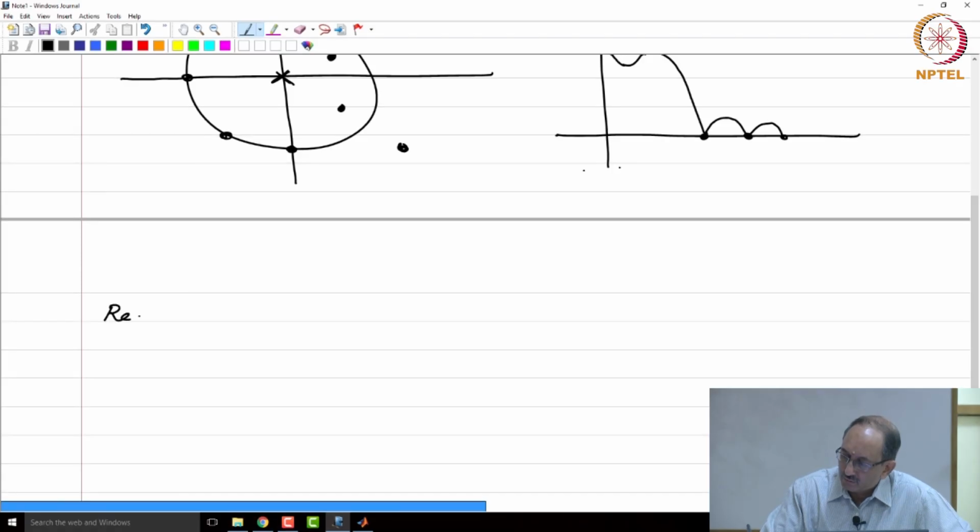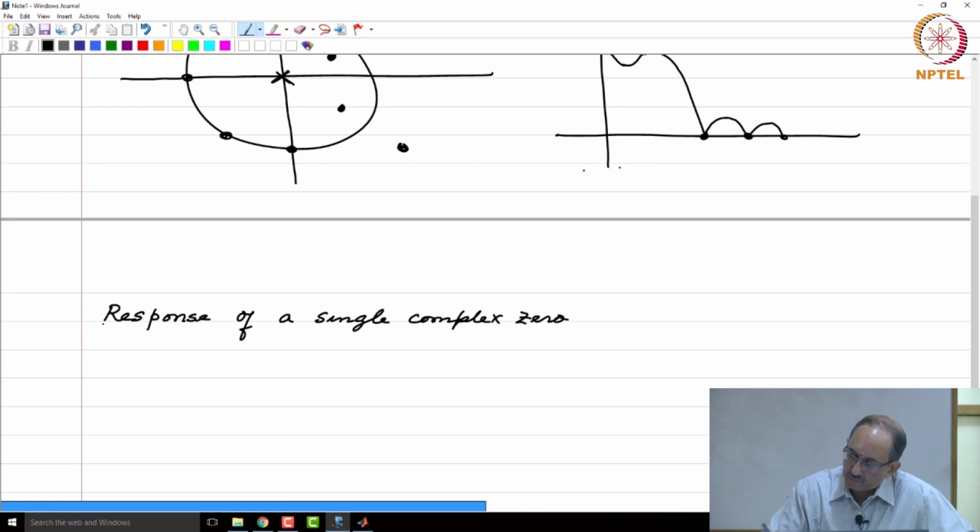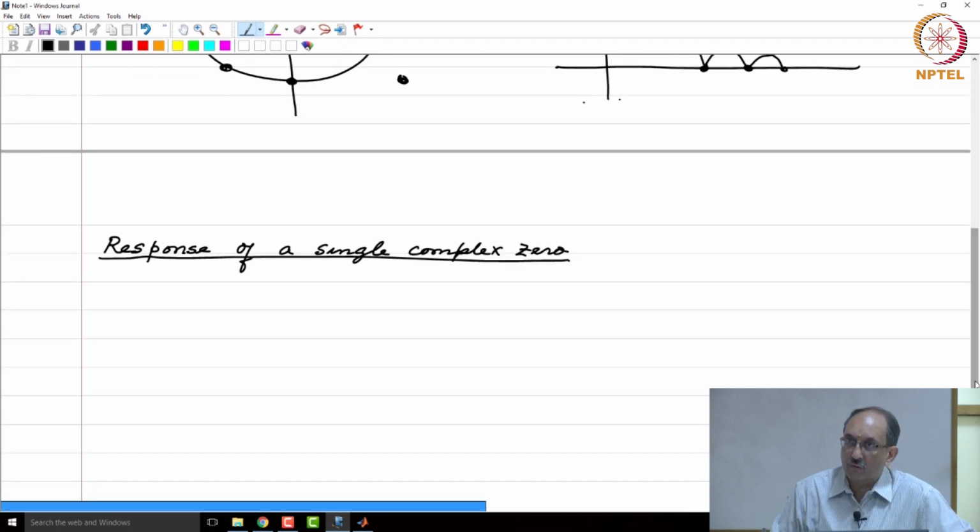Now let us look at a more detailed response to a single complex zero. By response we mean magnitude frequency response. So we have H(z) to be 1 minus r e to the j theta z inverse. Therefore, you have a non-trivial zero at r e to the j theta,